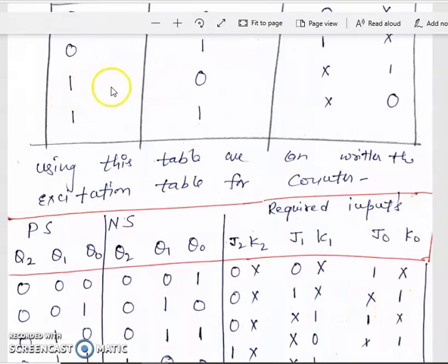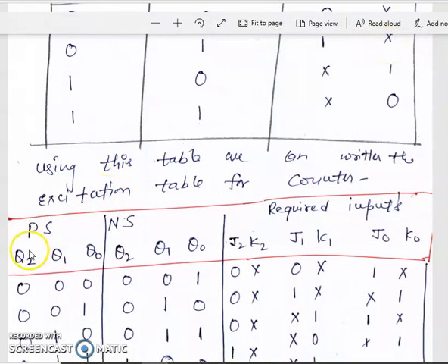See here, that is the present state and the next state, that is the 1 and 0. We have the J and K value, that is the don't care and that is 1. So right here don't care and 1. Similarly for Q1, that is a 0 present state and here we can say the next state is 1. For 0 and 1 we have the 1 and cross, 1 and don't care. See here 0 or 1, we have the J or K value, that is a 1 and that is the